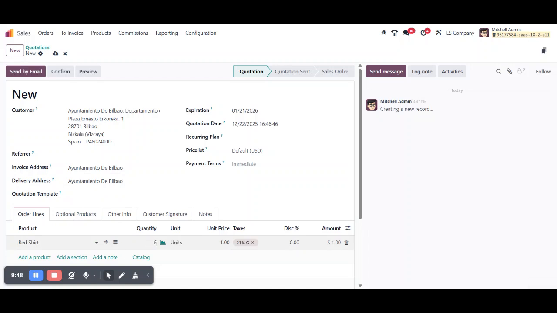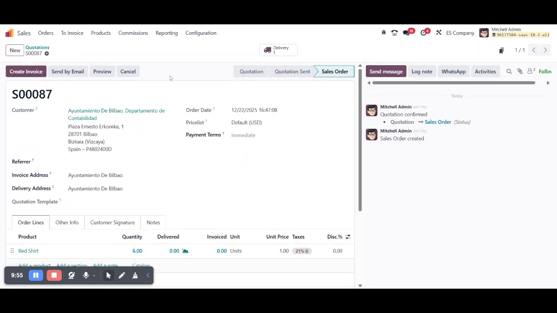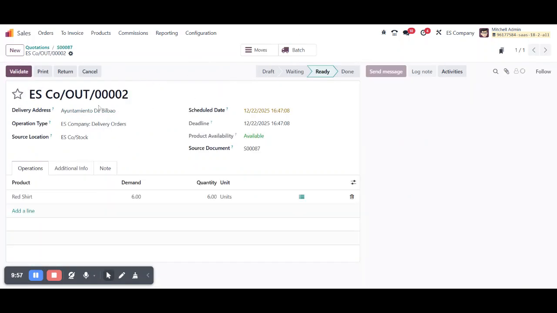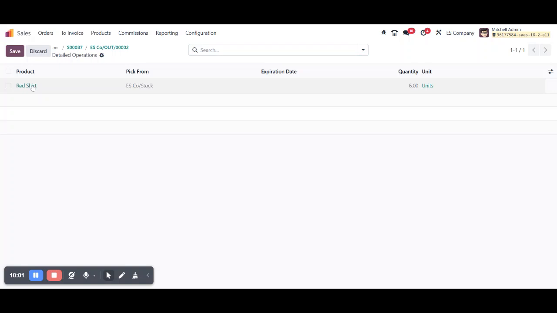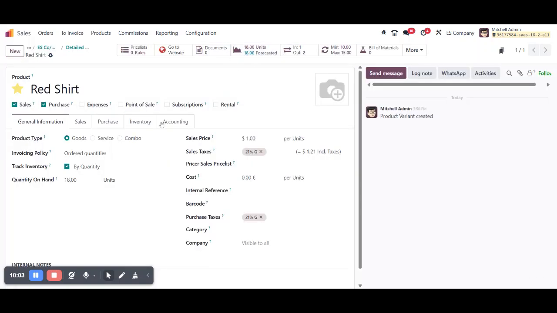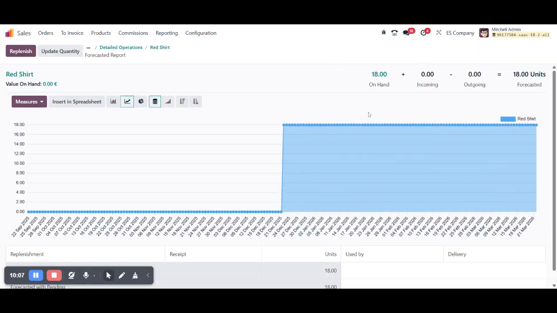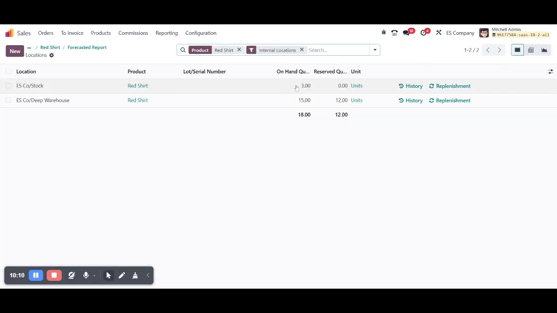As 9 is already there in my current stock, I'm going to sell 6. Done. So here you can see on hand quantity. Right now I have only three red shirts in my stock, and if you remember we have already created